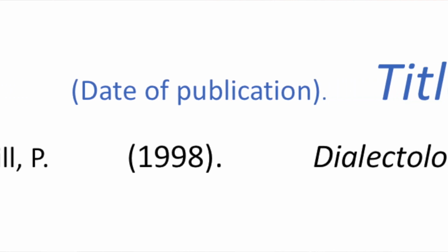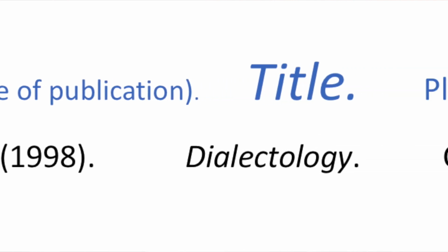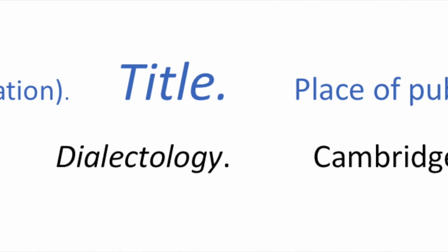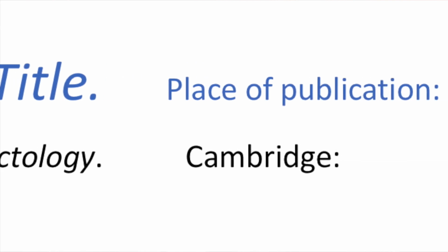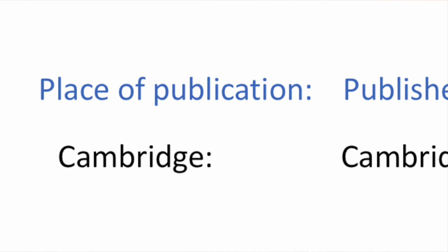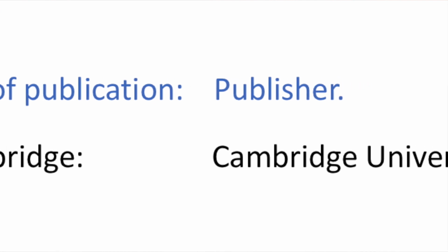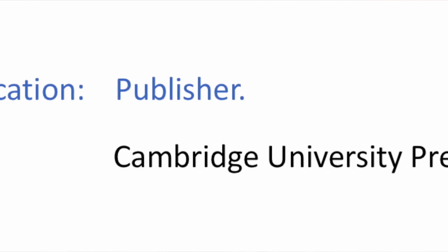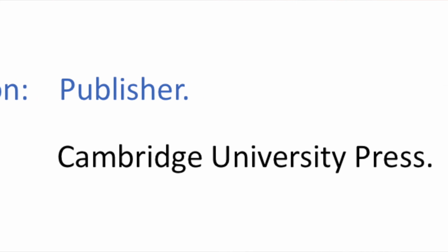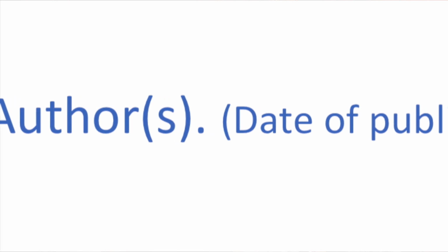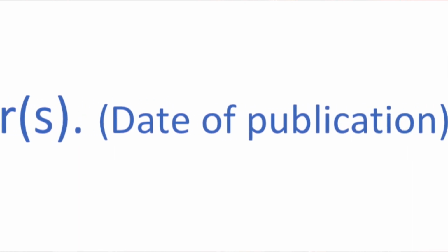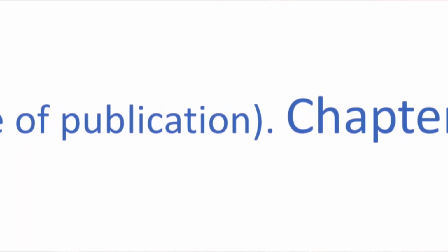Then we have the date 1998. Then we have the title of the book, Dialectology, in italics, the place, Cambridge, where it was published, and the publisher itself, Cambridge University Press. Now let's take a look at how we reference an article in the book. It's slightly different. So first is the author or authors, then we have the date, then we have the chapter title,